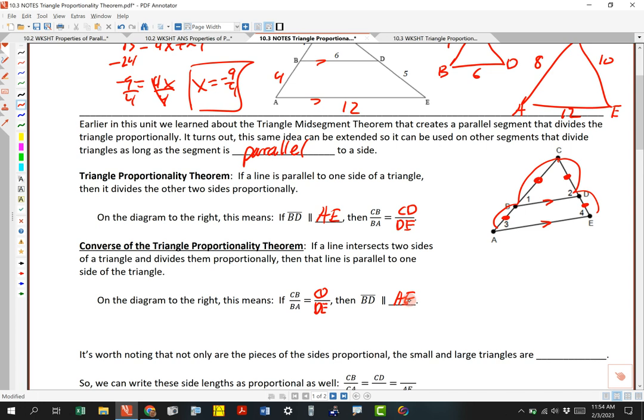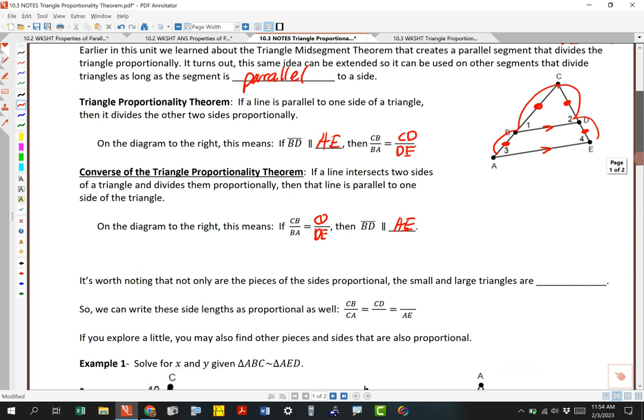Works both ways. So if it's parallel, it chops those other sides proportionally. If those other sides have been chopped up proportionally, then we know those are going to be parallel. Okay, so that's the converse. It works both ways. Okay, now I want to slide down here, and this is what's worth noting. The theorem only talks about the pieces,